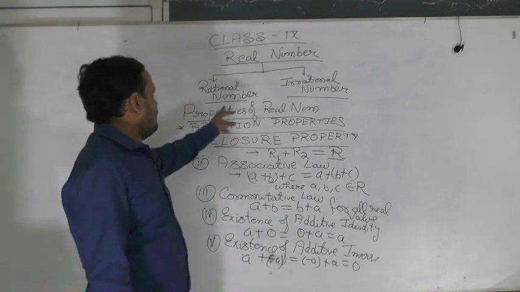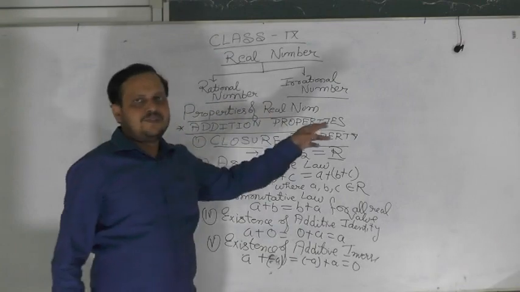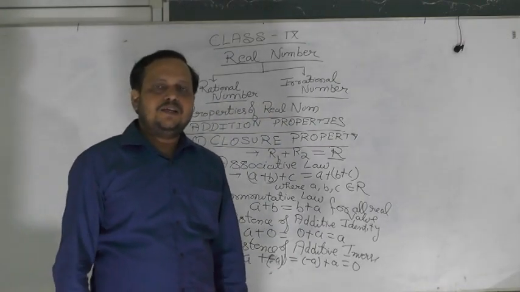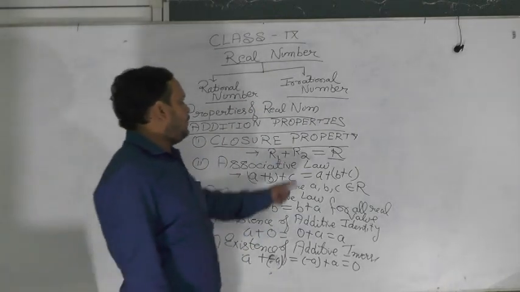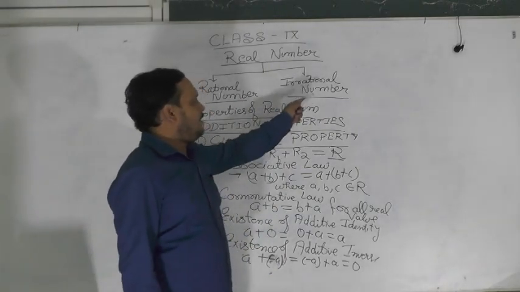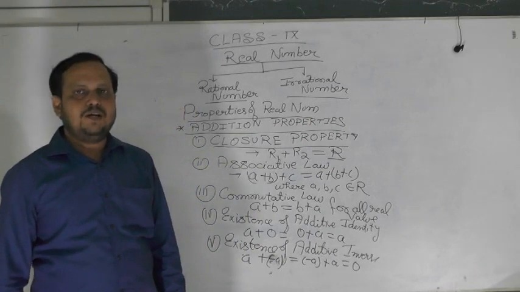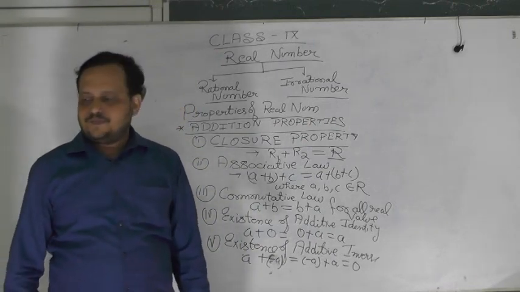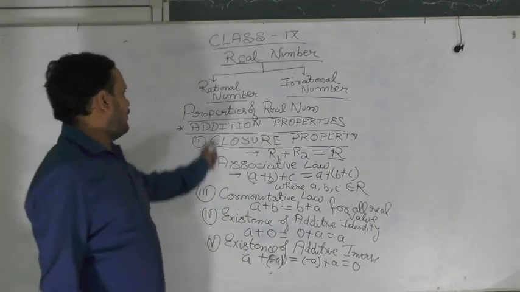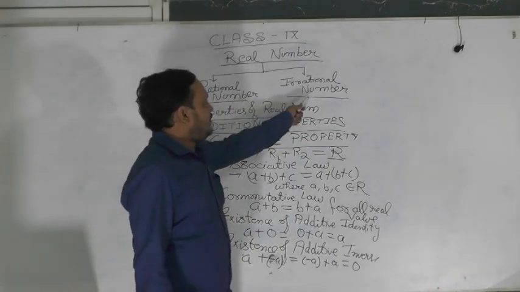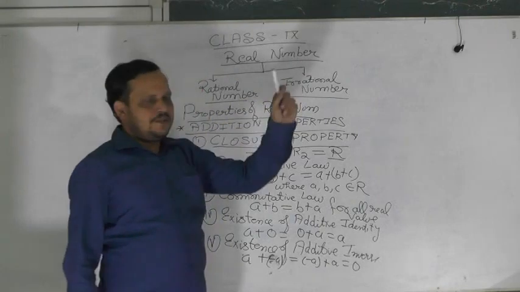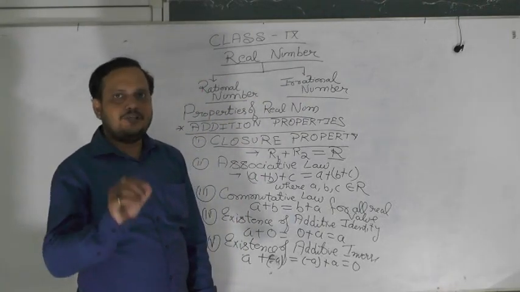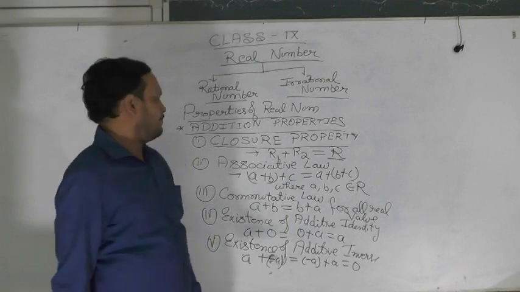What is rational? A real number is said to be rational if it is an integer or a terminating decimal or recurring decimal. On the other hand, irrational numbers are those numbers which are non-terminating, non-repeating decimals. Both rational and irrational numbers, when represented on the number line, have a unique identity.